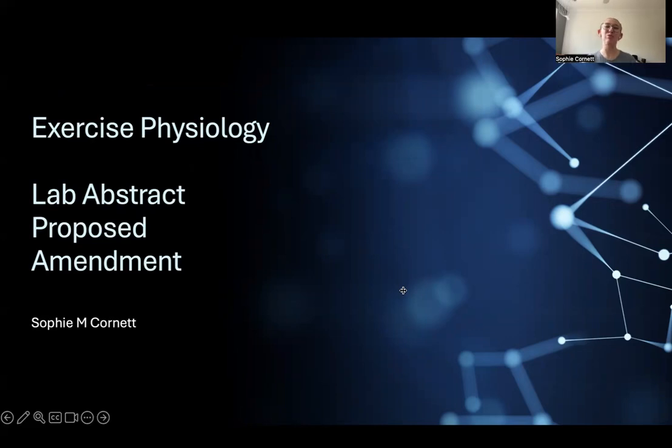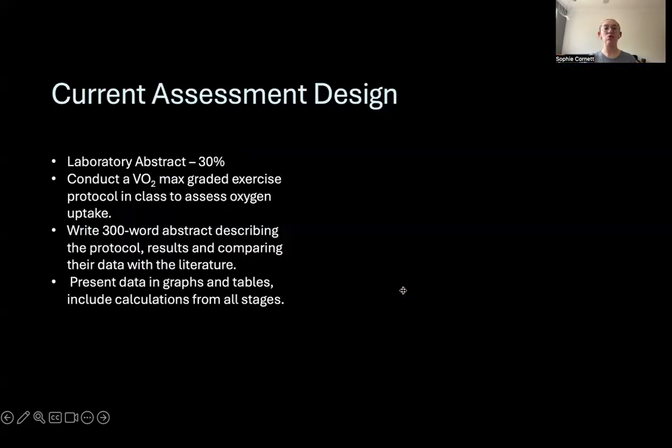Good morning, everyone. Today I will be discussing a proposed amendment to the lab abstract assessment in exercise physiology. The lab abstract is worth 30%, and students are required to conduct a VO2 max protocol to assess oxygen uptake during graded exercise. Students then write a 300-word abstract describing the protocol and results and represent their data through figures,